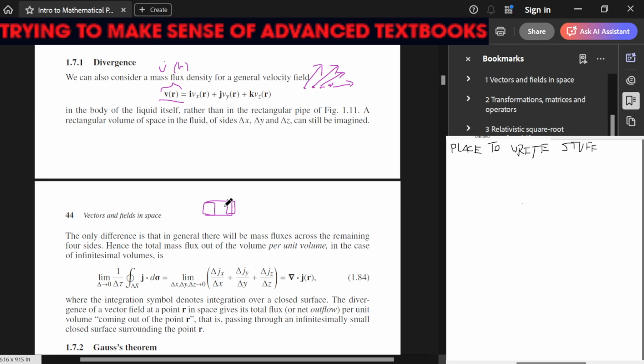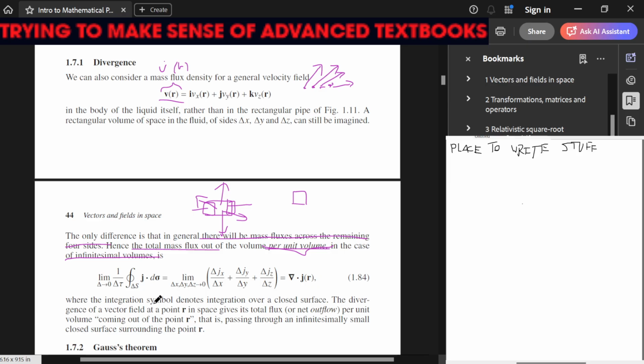So we're dealing with 6 normals now. There will be mass flux across the remaining four sides, hence the total mass flux. The total mass flux out of the volume per unit volume in the case of infinitesimally small volumes is, oh my goodness, I guess this area is the volume now. Hence the total mass flux out of the volume per unit volume when it gets really small is this,